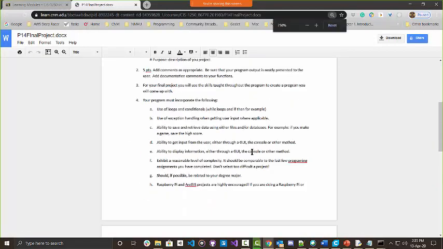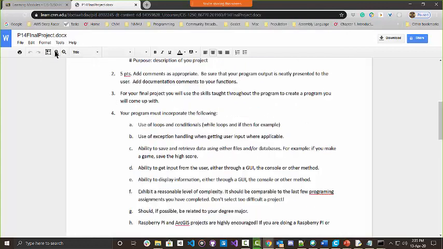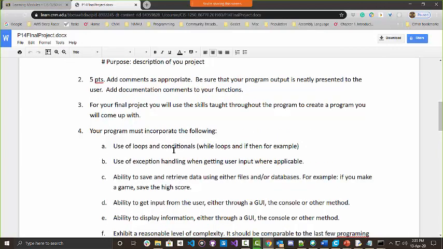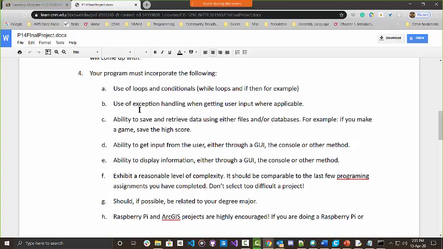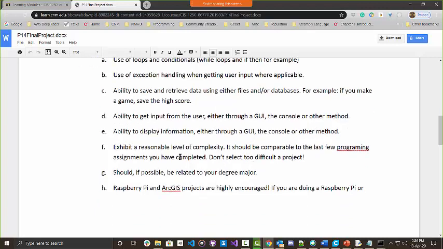The key to this is, pretty much anything you do at some point is going to have loops and conditionals. It's almost not really possible to write code without that, but I do want you to do something that has some loops and conditionals. Where it's appropriate, use exception handling. And then I want you to save and retrieve data to a file or database. If you're doing screen scraping, for example, really the file is the web page that you're bringing down. If you're doing a game, the easy way to do that is just save the scores to a file. And then it can be either a GUI or console application,